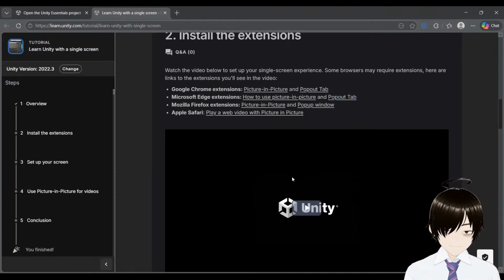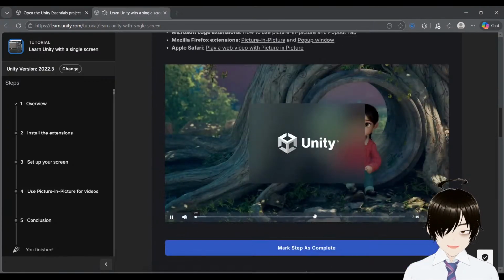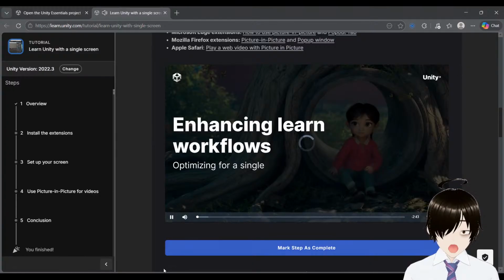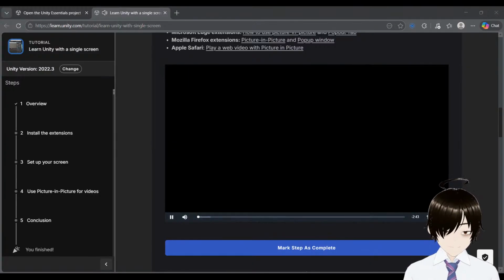Here are the extensions. So what we want to show you here is a way we found to enhance